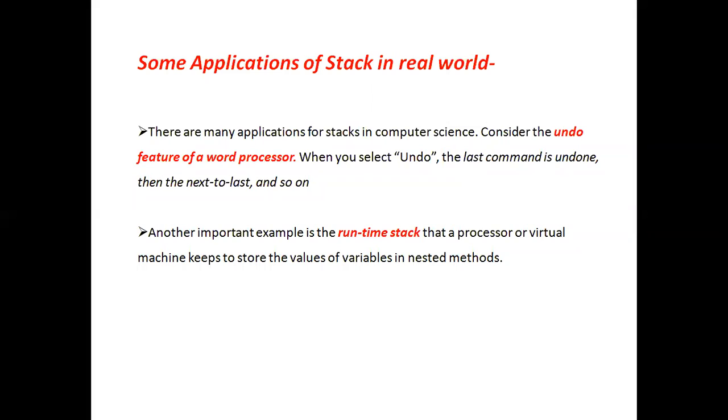That's why if you want to undo the work, we simply use the undo option so that we get the last modification. Whatever modification we currently make goes to the top of the stack. If you want to undo it, we simply remove the top of the stack by pressing the undo button. The top will be removed and the previous one will come to the top. That is one example: the undo command in the word processor.